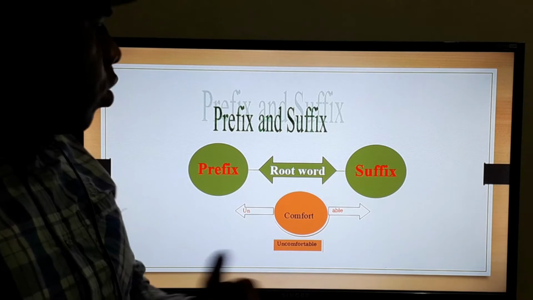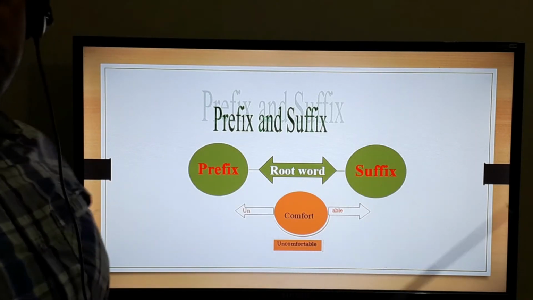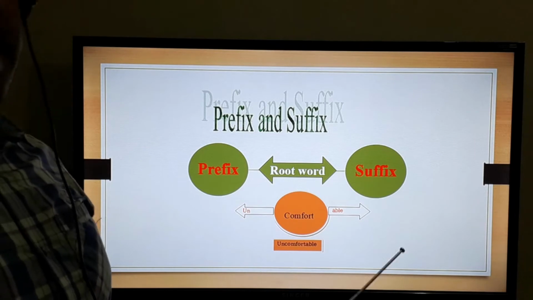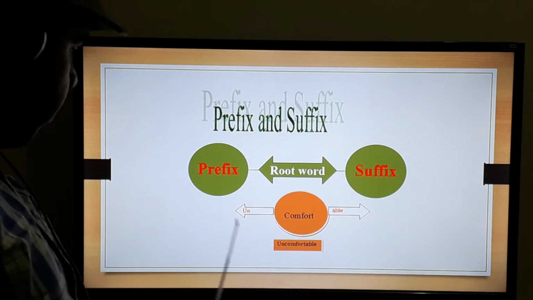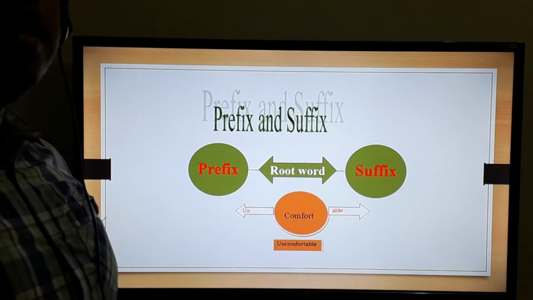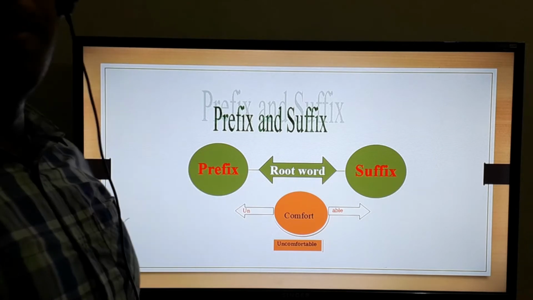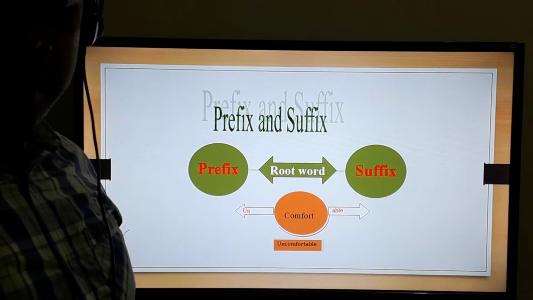So you have to keep in mind one thing: with suffix and prefix you may do certain things at the same time. You may add a prefix, and at the same time you may add a suffix to the word, and it depends upon the meaning of the sentence. Okay,